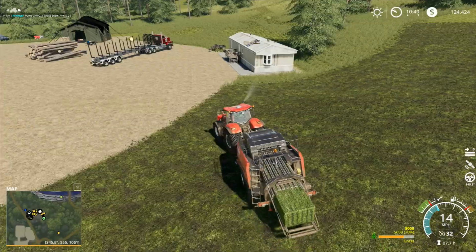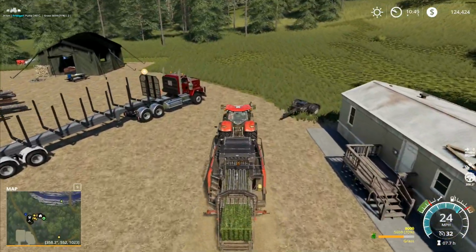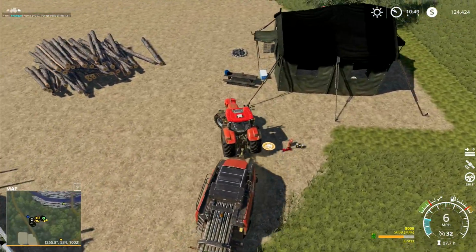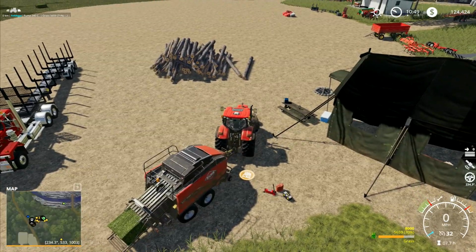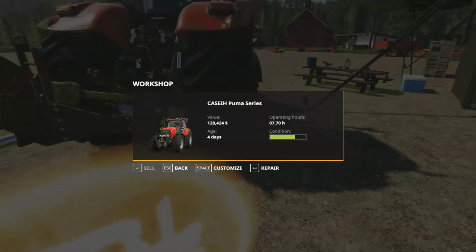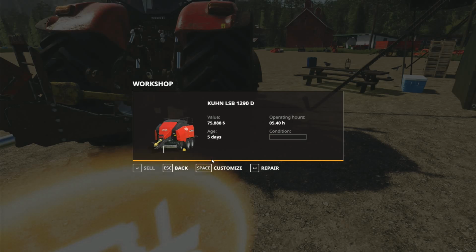I am certain that this is running slower than it should. 8 miles an hour. I thought it ran at 12. I thought 12 was the cutoff point. So let's bring you into here. I mean, the tractor itself is in need of a bit of maintenance. There's no denying that. So let's have a look. Let's see what we've got in here. So, tractor, I will repair that one for $477. And then...